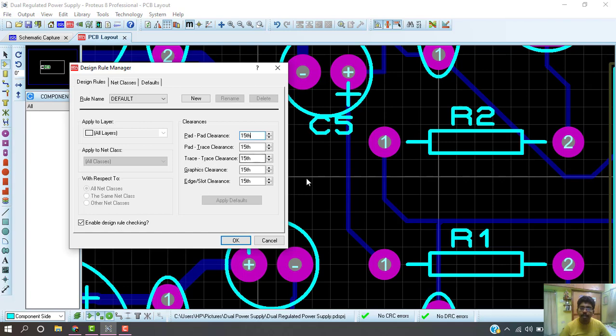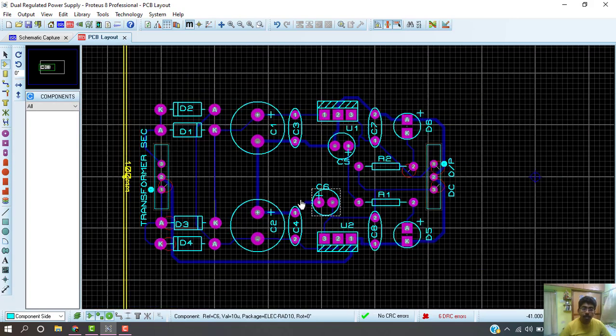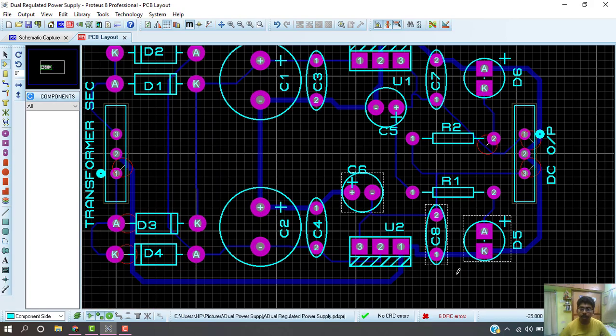The next one is track to track clearance. You see the two blue tracks over here. This clearance is set as 15 teeth. If you change these tracks clearance, then the routing will also change as per it. Now I am going to change the pad to track clearance to 30 teeth and again reroute it and then press OK. Now you can see some DRC errors over there, design rule errors.